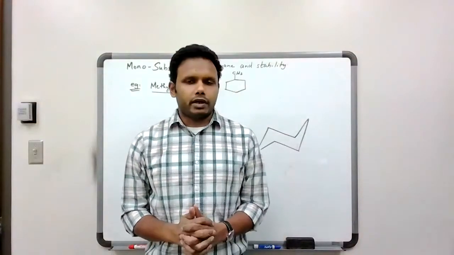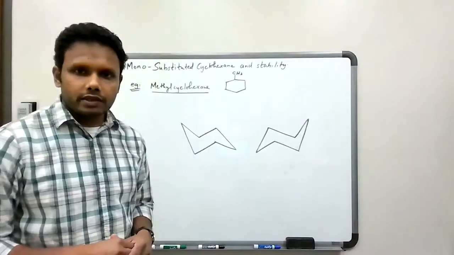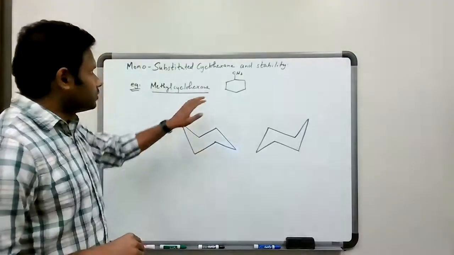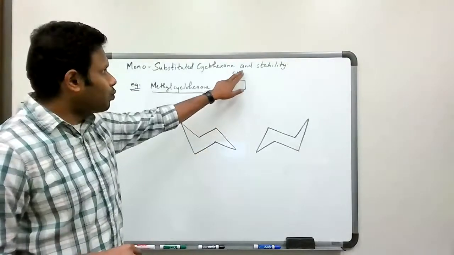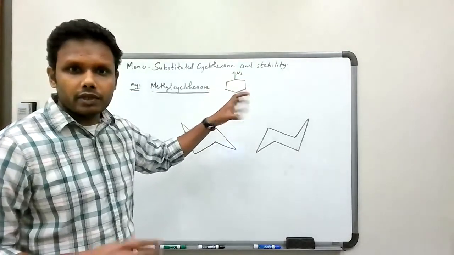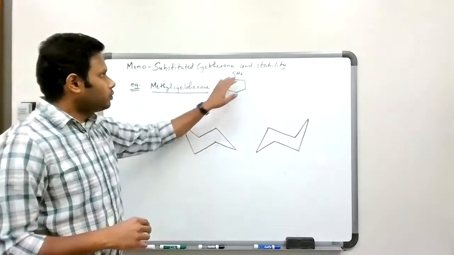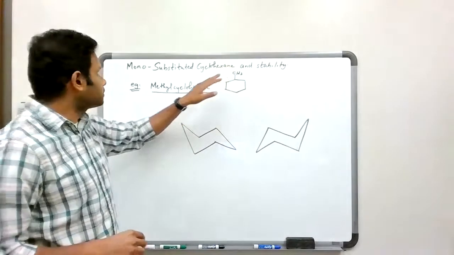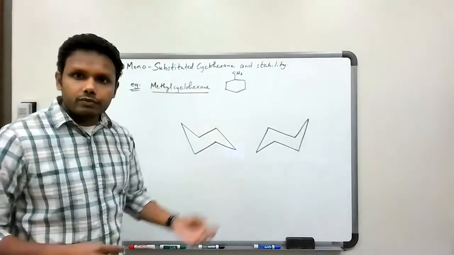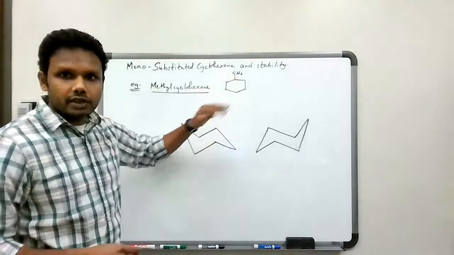Hi everyone, welcome back. In this video, we're going to start talking about substituted cyclohexanes, and specifically monosubstituted cyclohexanes. So these are cyclohexanes which have one substituent on them. Now, I'm using methyl cyclohexane as an example here, but it would apply to any cyclohexane which has one substituent on it. Okay, and we will develop the chair conformations for these monosubstituted cyclohexanes using the methyl cyclohexane as an